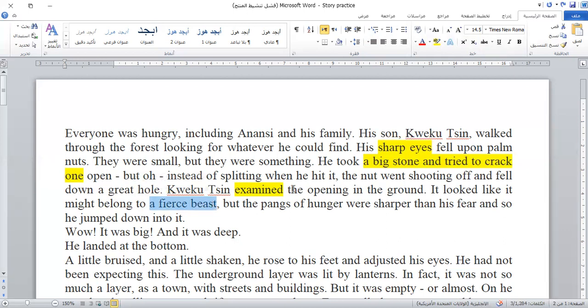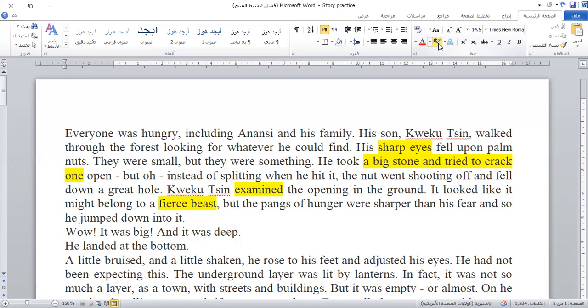Here we have two things. Remember when I said a writer does not add anything unless it's there for a reason, and it's usually an adjective. So here we have fierce and beast. I'm going to make the assumption that this foreshadows something evil under the ground. Why?